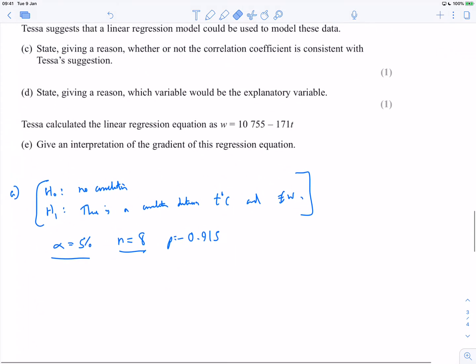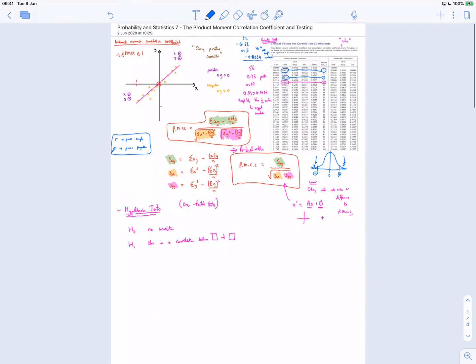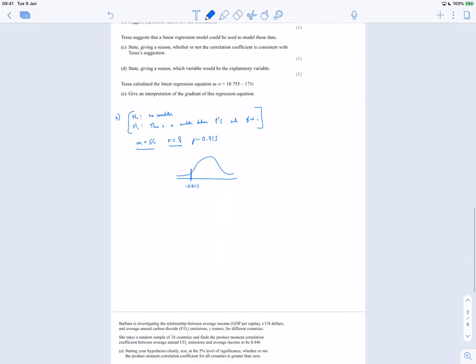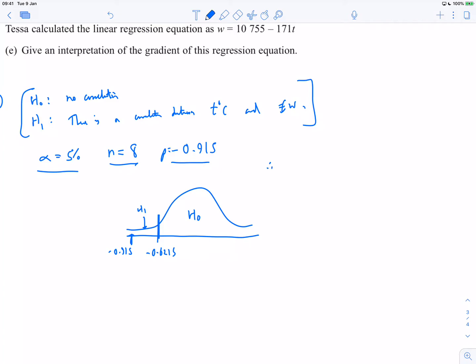So the question is, because we're testing for a negative correlation, this low tail is minus 0.6215, was it? Have I read that right? 0.6215, yeah. And this region is my H0, and this region is my H1, and clearly minus 0.915 is way out here somewhere. So the conclusion is, accept H1,